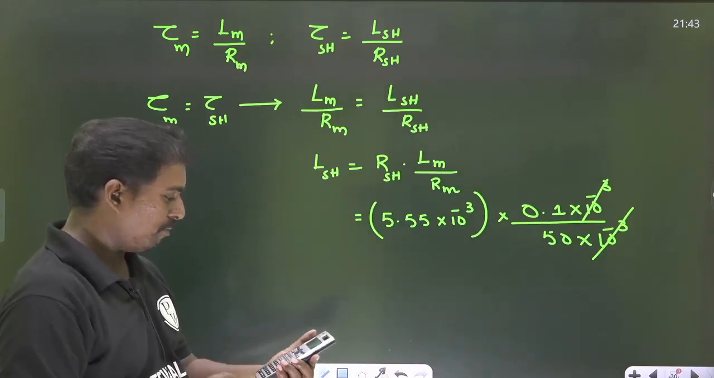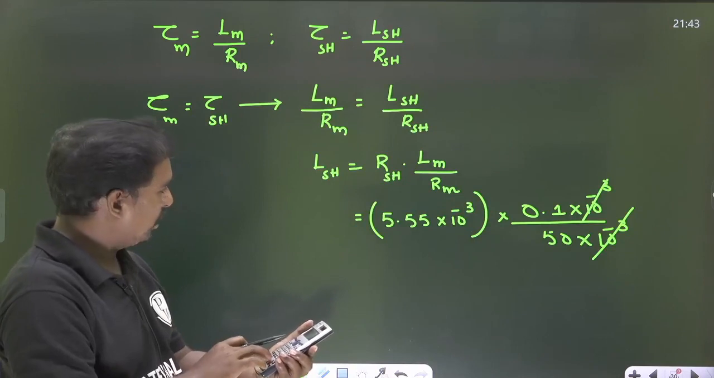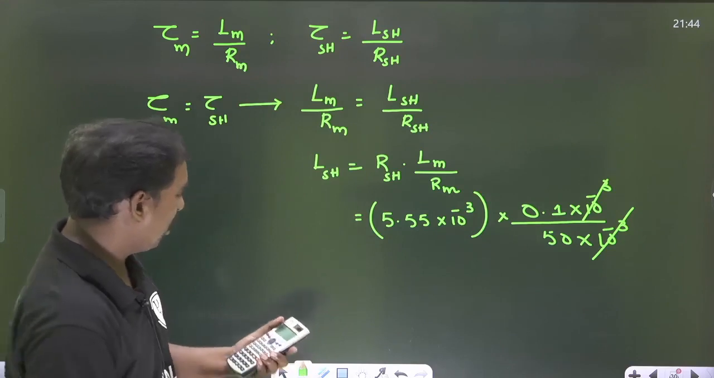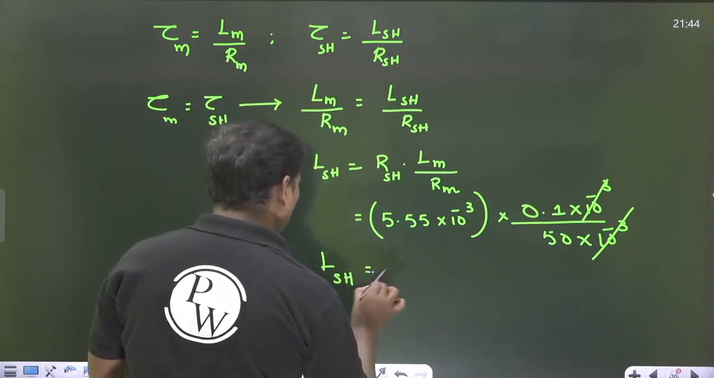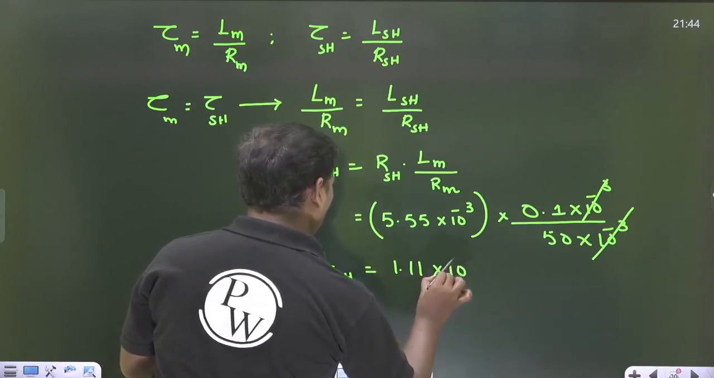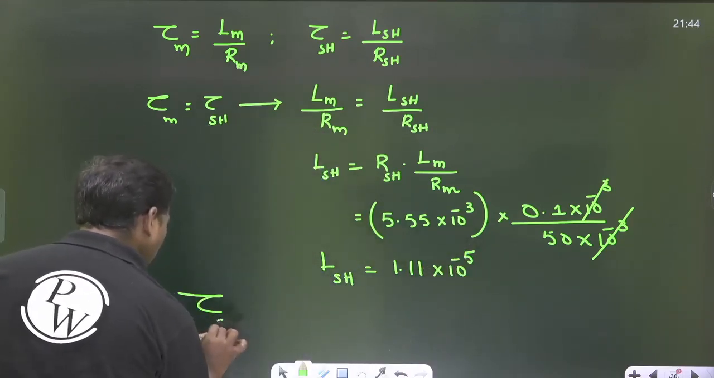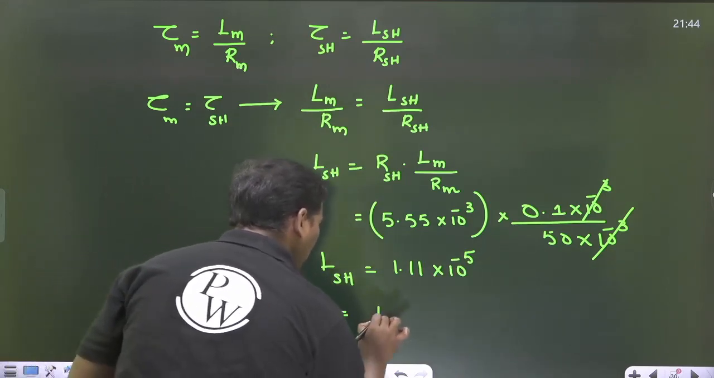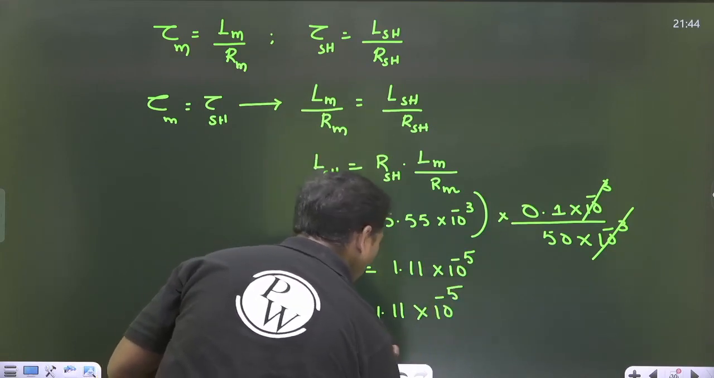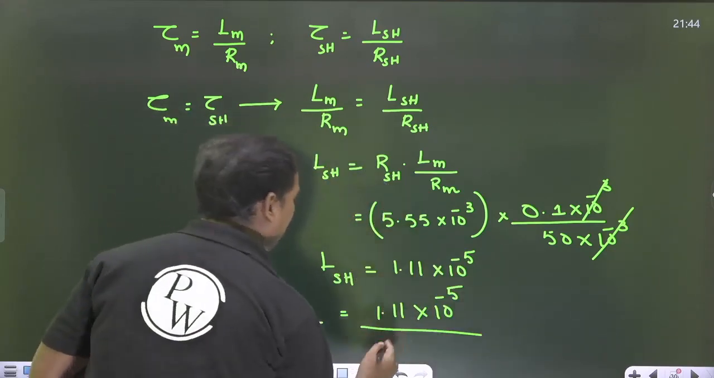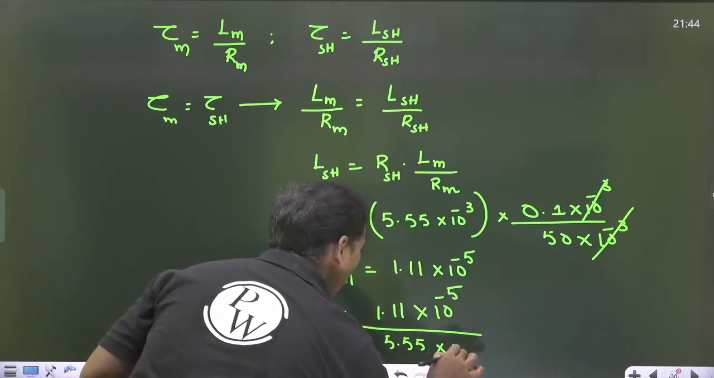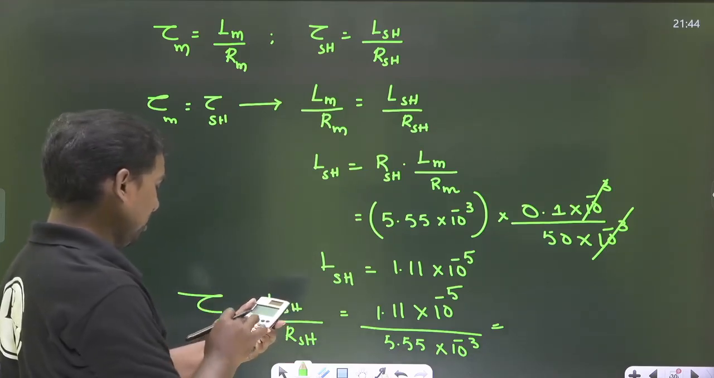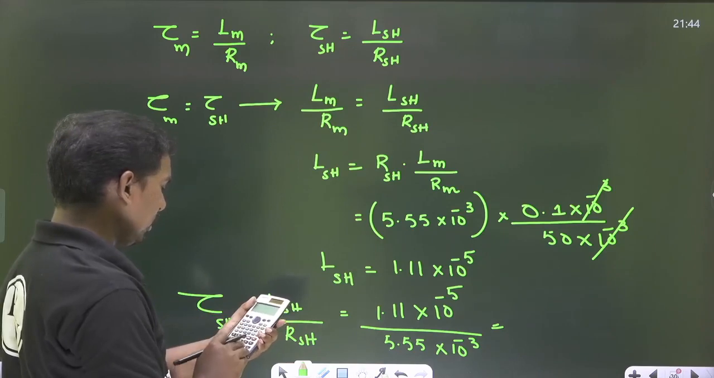0.1 divided by 50, that is 1 by 500 into 5.55 divided by 1000 is coming around 1.11. Okay? So LSH is coming as 1.11 into 10 to the power of minus 5. So time constant of the shunt is equal to LSH by RSH. So that will be 1.11 into 10 to the power of minus 5 divided by RSH, which is 5.55 into 10 to the power of minus 3, and that is coming as